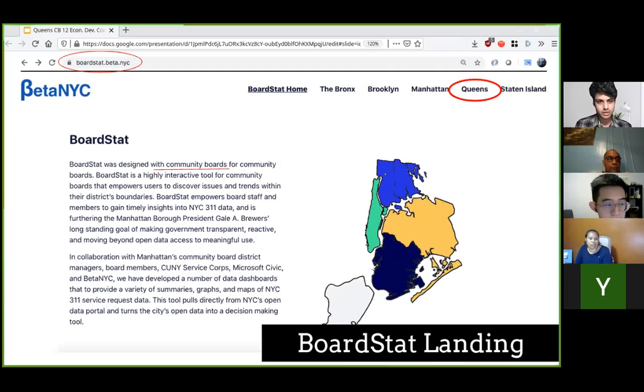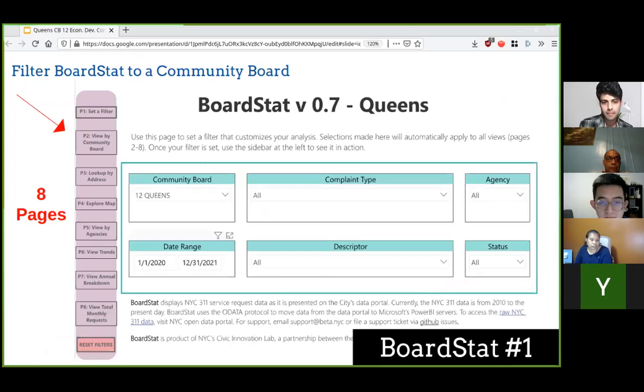So here's how you get to it. The link is boardstat.beta.nyc. You can just type it up and press enter, and it will take you to this landing page. Now here on the top right we have all the boroughs. And for this presentation, we are of course going to focus on Queens. So we can select Queens and press enter. And on the next slide,